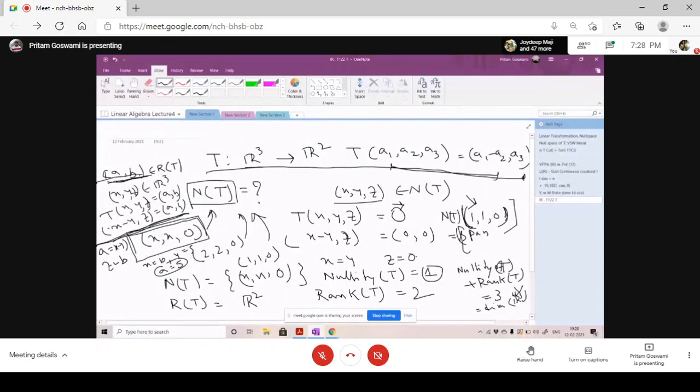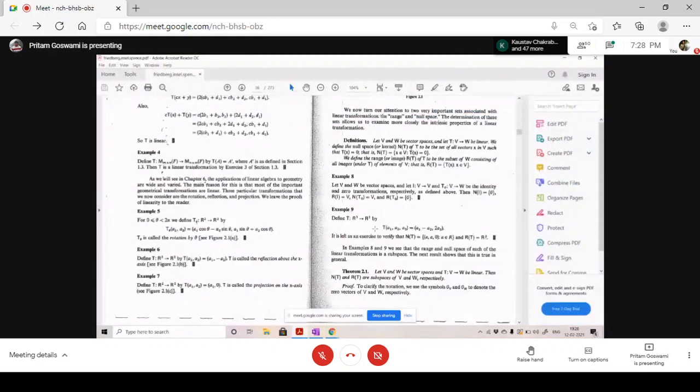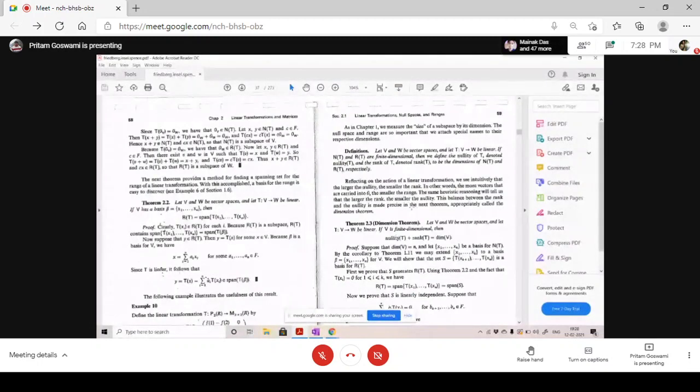So does this relation always hold? Yes, this relation is universal. It is a famous theorem, the rank nullity theorem. It is called rank nullity theorem, and it will always hold. Dimension theorem, they have mentioned it, but more popularly it is known as rank nullity theorem. It will hold if V is finite dimensional, but as I told you, in this lecture everything I talk about is finite dimensional vector space, not infinite dimensional. So in this lecture, this will always hold. Okay.